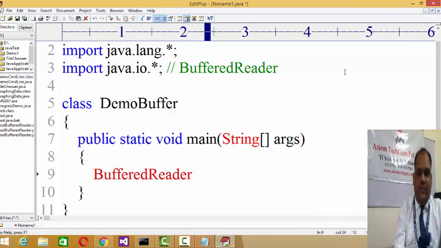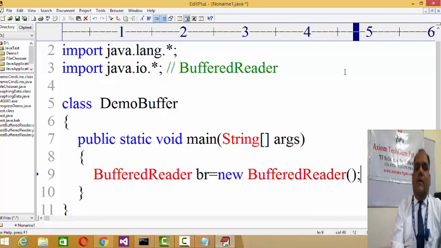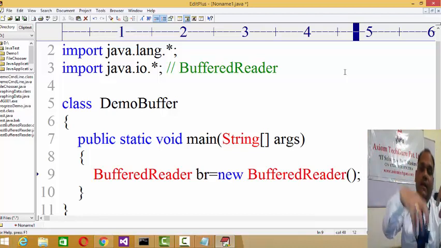Create the object of BufferedReader, br equal to new BufferedReader. Now buffer is a memory, so we are actually reading the data from the buffer. But to read the data from the buffer, we have to input the data.